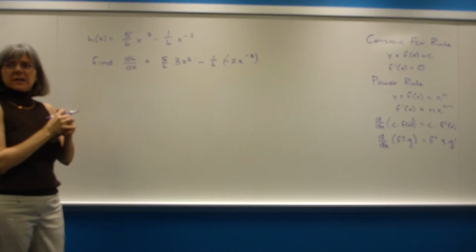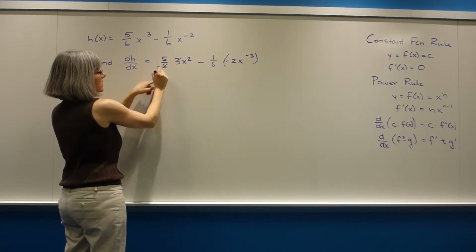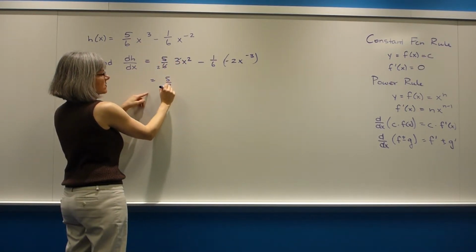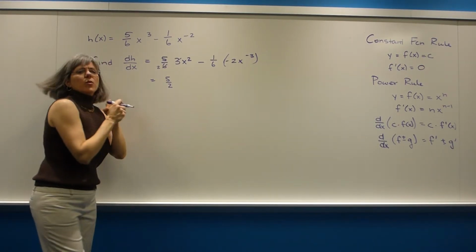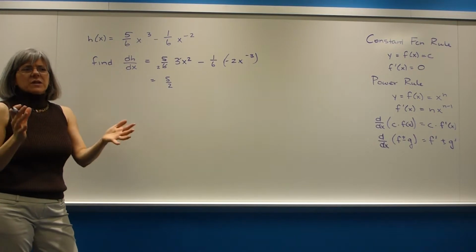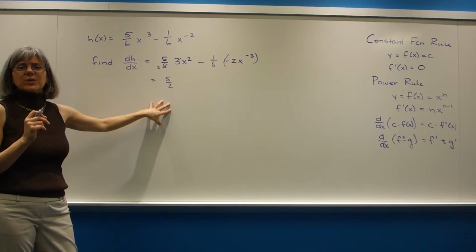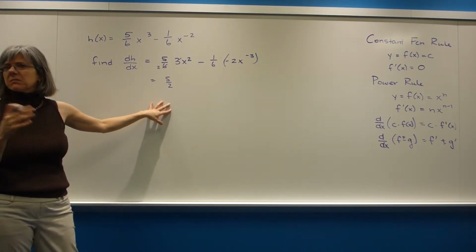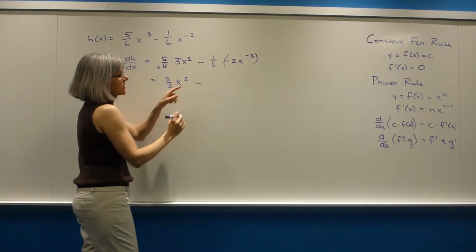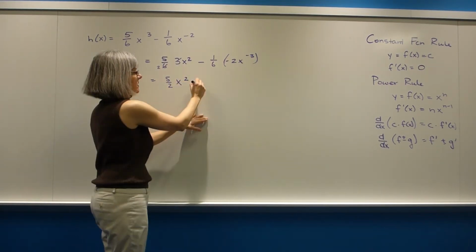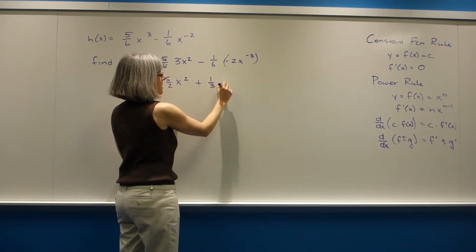Okay, so now we just need to clean everything up. So 5/6 times 3, 15/6, or 5 halves? Yes? Or 2.5? Yeah. When we get to the business parts, really everything should be in decimal. But when we're doing this part, typically math people like fractions because fractions are precise and decimals are sometimes rounded. So you'll see me write fractions a lot. x squared minus, well, negative times a negative, positive 2/6 is 1/3, x to the minus